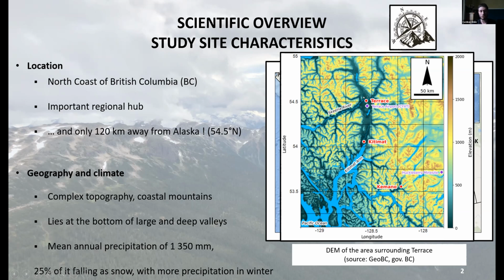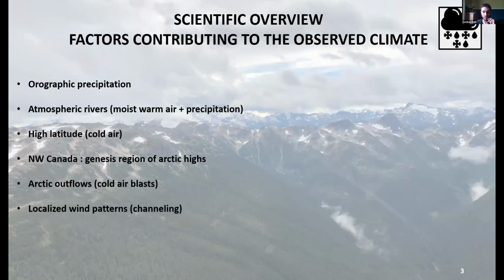We have 1,350 millimeters of precipitation on average each year, 25% of it falling as snow, and much more precipitation in the wintertime. So what gives the localized climate that we observe at Terrace? It's a combination of multiple things. Basically orographic precipitation, atmospheric rivers coming in from the ocean, but also since we're fairly north, we have the